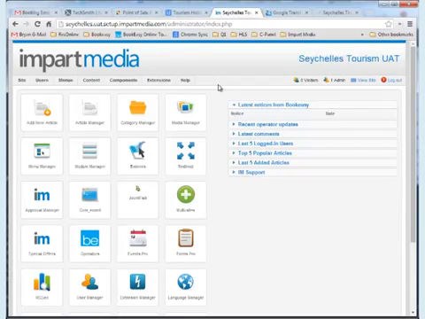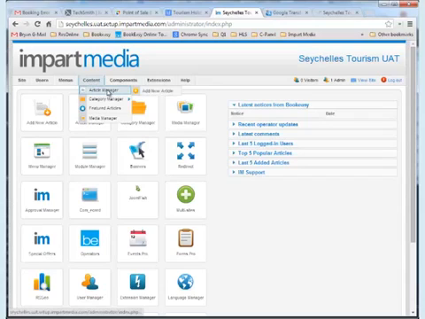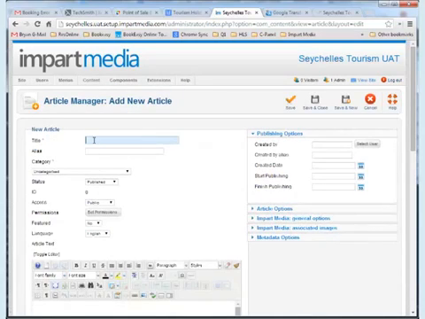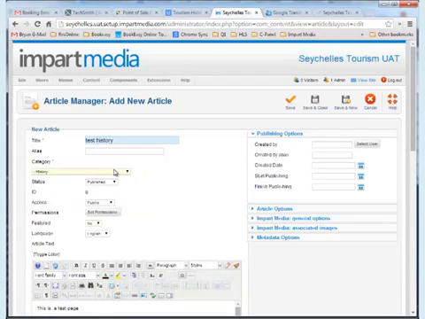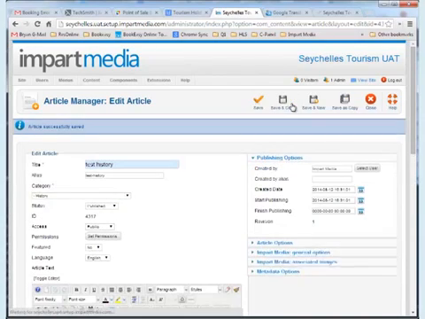Now that I've logged into the administration area for Seychelles, go into Component and Article Manager and add a new article. So we'll call this article Test History, and we'll add a few lines here. This is a test page, and we might put it under the history category so it's easier to find later on. And now we'll save that page,